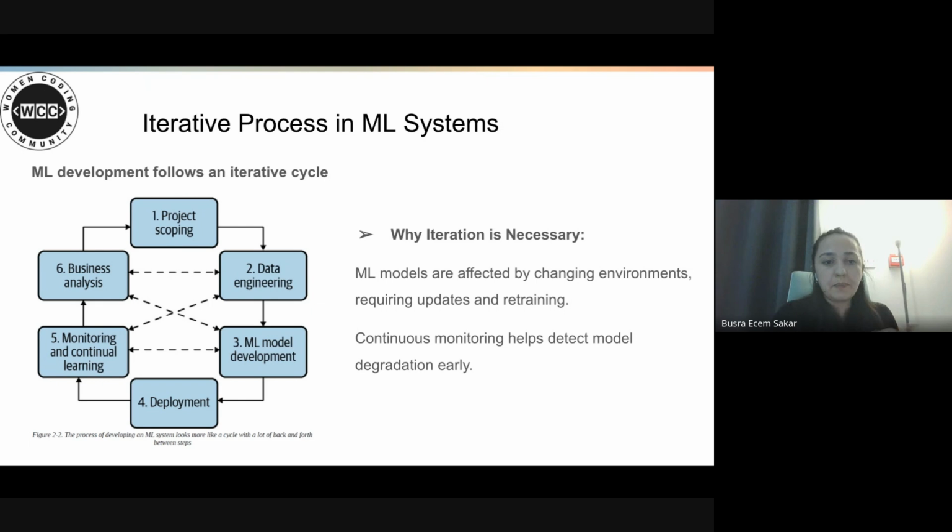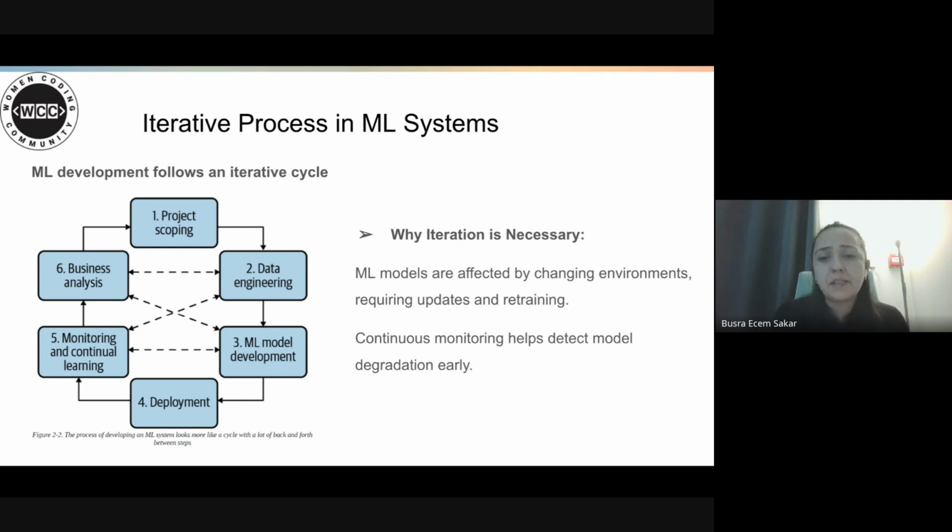The third step is machine learning model development. In this step, we train our models using algorithms, and we also ensure validation, checking our model on unseen data.